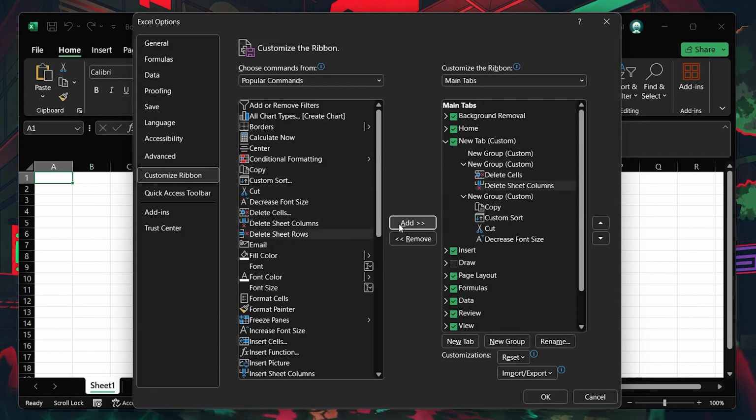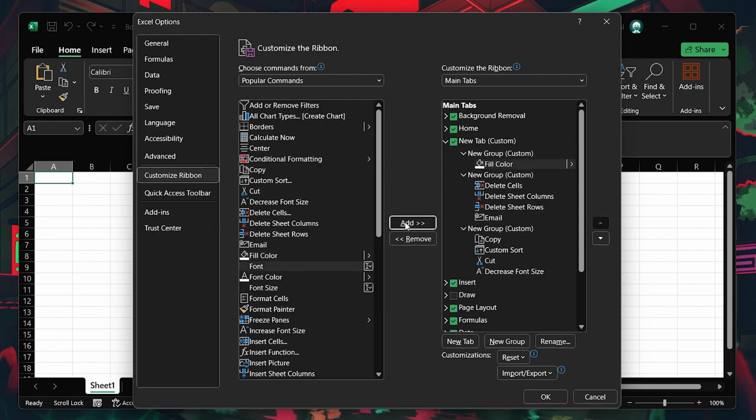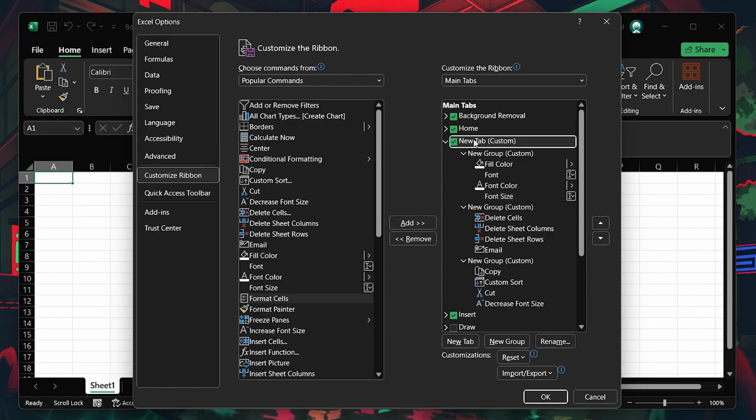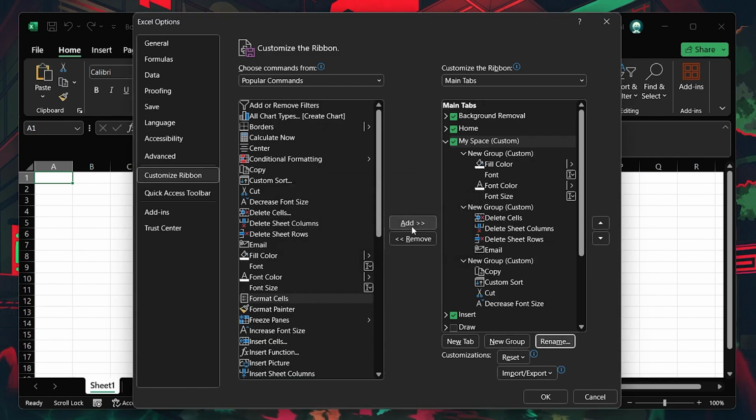Just select a command and either drag it into a group or use the Add button between the panes. You can also rename any tab or group to reflect the functions it contains, making it easier to navigate the ribbon. To do this, select the tab or group, then click the Rename button and type any name that accurately